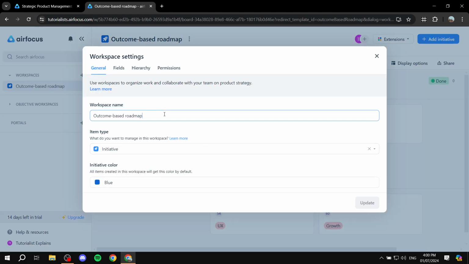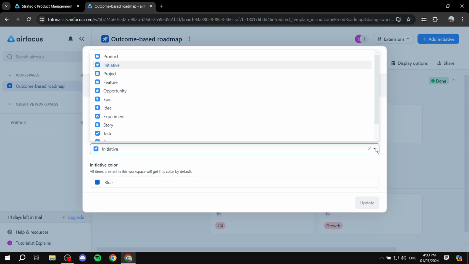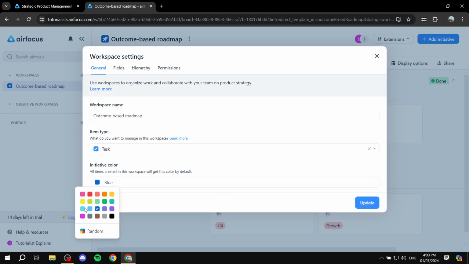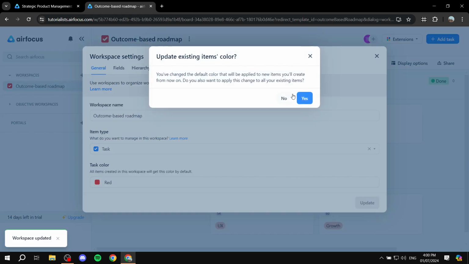And here we can just change the name. We can change the item type, which is initiative for the time being, but we can actually change it to be product, project, feature, epic, idea, task, story, and so on. So we can just move it to task for the time being, and then we can change the initiative color to be red. Click on update, and these changes should change for this